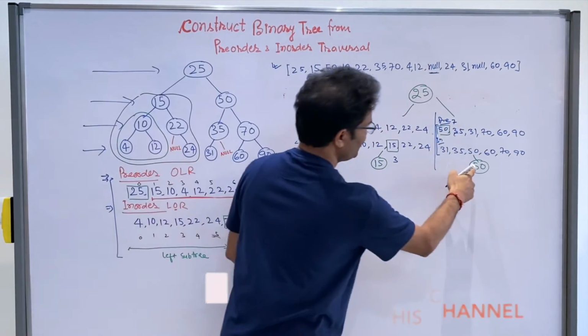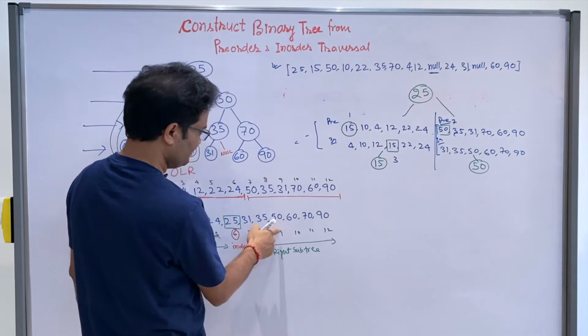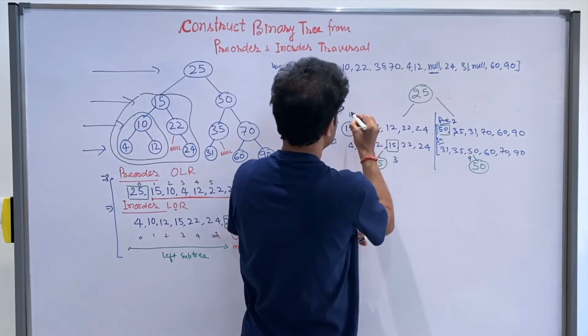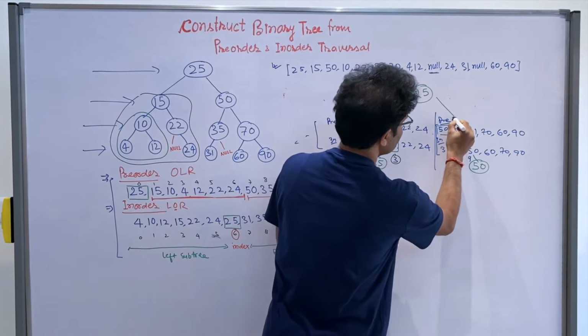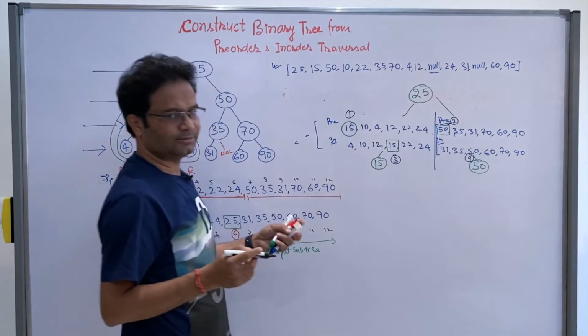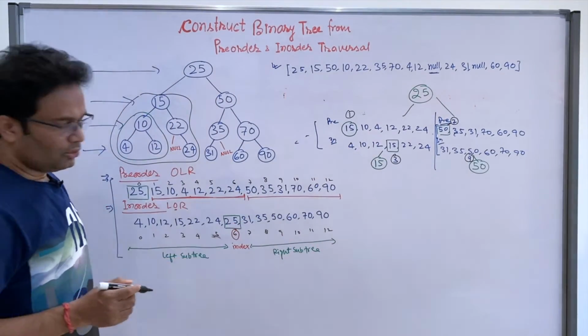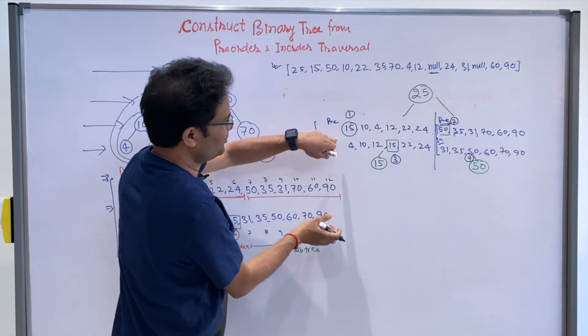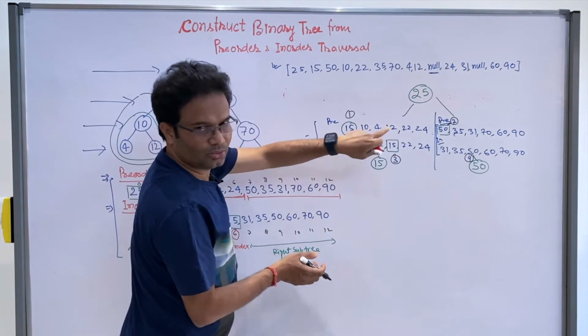And where is the 50 here? This 50 index is the 9, right? This is the index actually, don't confuse. This 1 is the index, 3 is the index, 7 is the index, 7 is the 5 index, and 9 is the index, right? So now from here I made the two trees, index pre-order to in-order, for the left